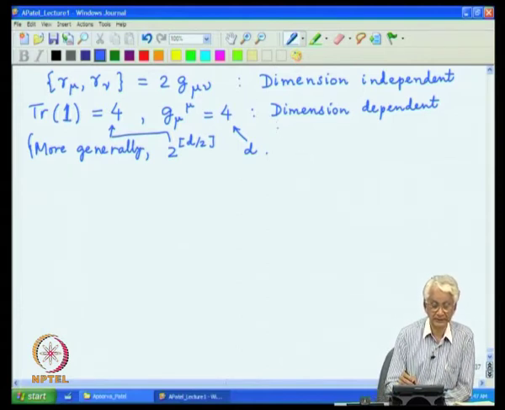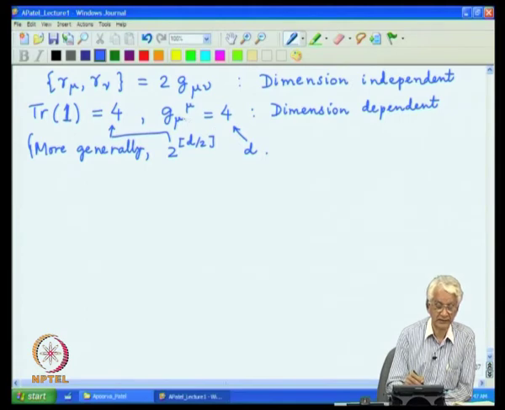It is useful to keep in mind what kind of identities are dimension independent and what kind of identities are dimension dependent, because one of the well known techniques in doing these calculations in field theory involves analytic continuation in the number of dimensions. Then one has to use suitable expressions which are valid not only for d equal to 4, but also in d different than 4, and then one has to keep track of where the spinor trace is taken and where the Lorentz indices are contracted and work with the algebra appropriately.